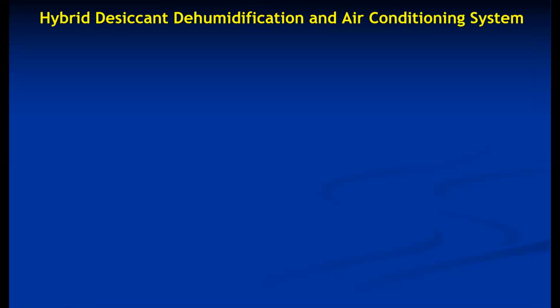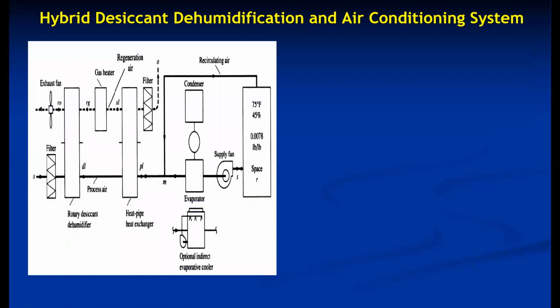Then the hybrid desiccant dehumidification and air conditioning system. So this is a schematic layout of the hybrid system. It mainly consists of a rotary desiccant dehumidifier, then a heat pipe assembly. Heat pipe here, the heat pipe is the pipe where one portion acts as an evaporator, and the other portion acts as